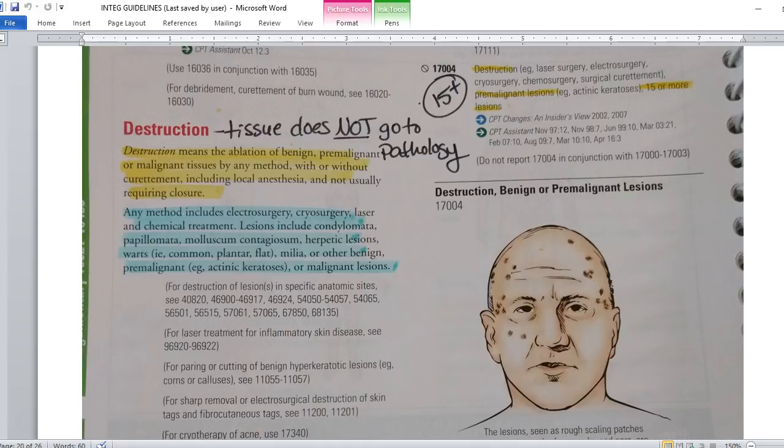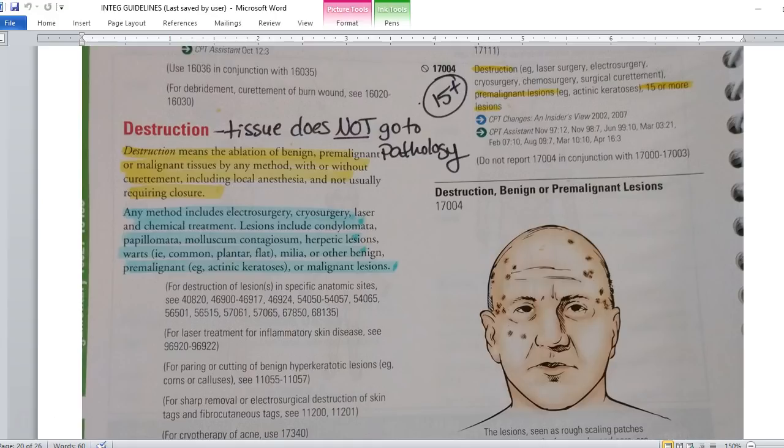So again, local anesthesia, we could be using like a needle anesthesia underneath these areas. Any methods include electrosurgery, so using heat, cryosurgery, cold, laser, which could be hot or cold, and chemical treatments, again,